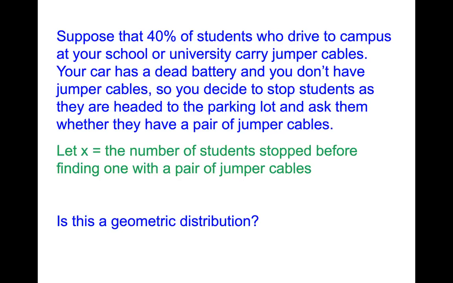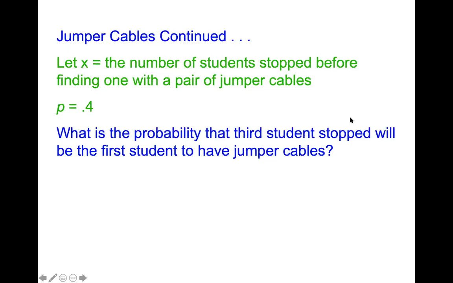All right. So that probability of getting somebody with a jumper cable is 40% for every single car you're looking at. Perfect. All right. So yes, it meets all the criteria for being a geometric distribution. Nice. Thank you, Kira. Okay, so now that we have that, and P is 0.4, like Kira said, we want